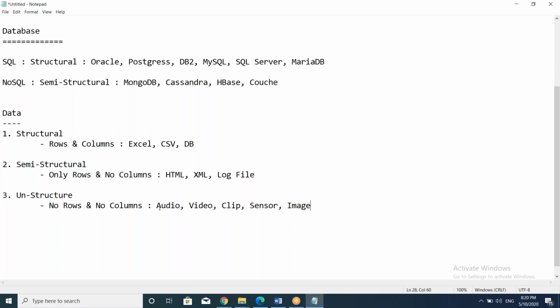Daily you are using WhatsApp, Facebook, so many social media, sending to many people in a group, some audio, some video, some clip in one Telegram group, and it is circulating to 1,50,000 persons. So at a time you are sending many things. That can be audio, video, or clip also.